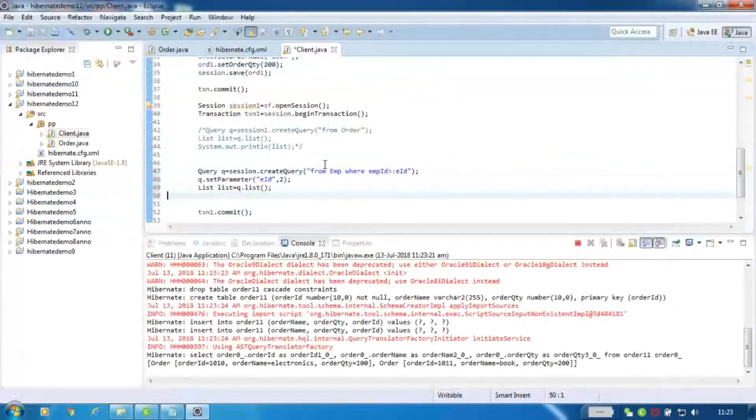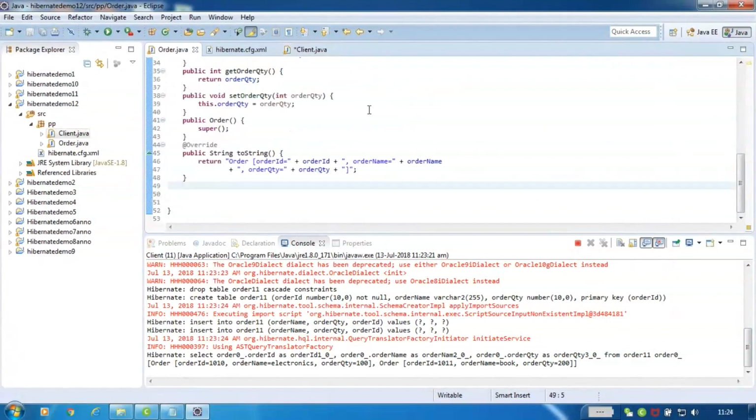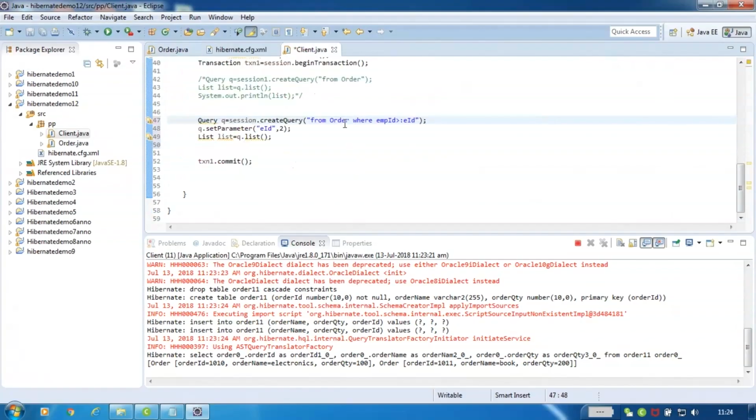Control V. Okay, so Query q = session.createQuery("from Order"). The Order is a Java class. What is the actual table name? The table name is order11, right? It's a Java class, because HQL will take your Java class. Fine. So from Order where orderId